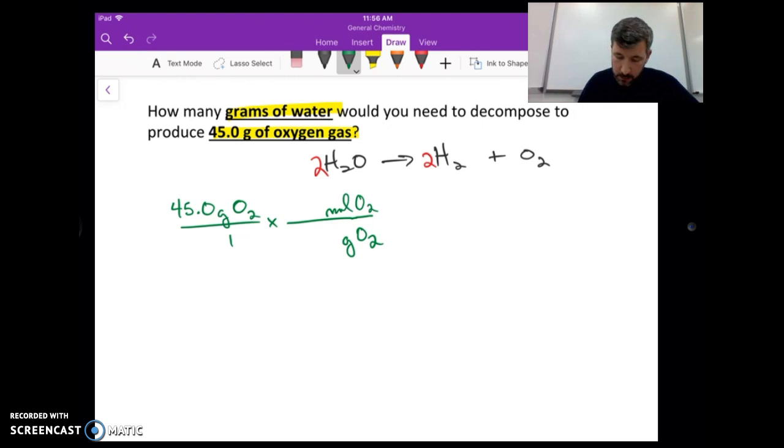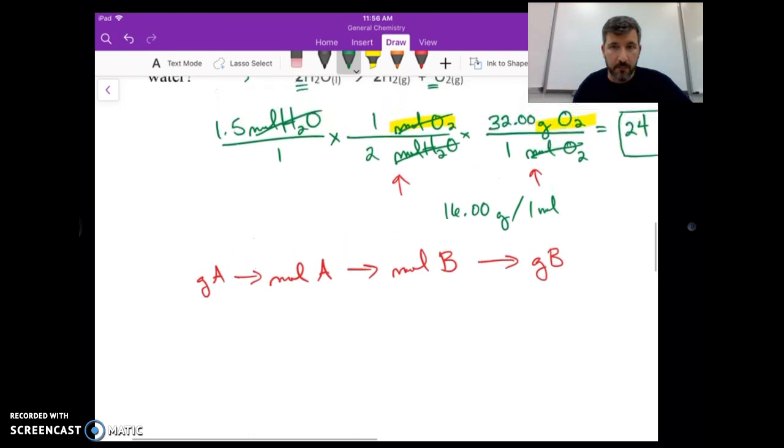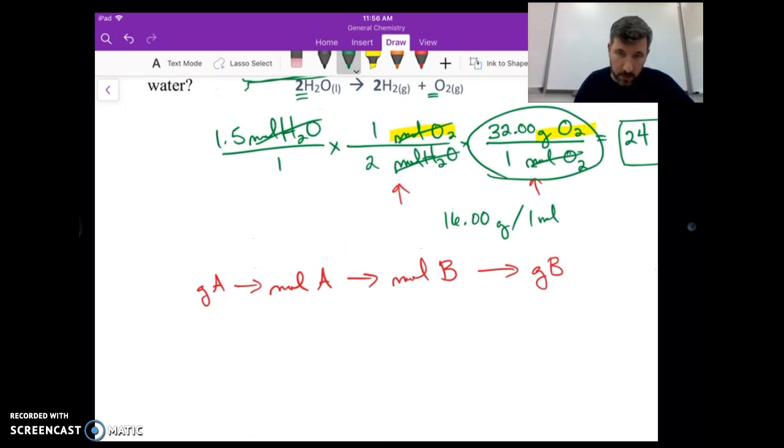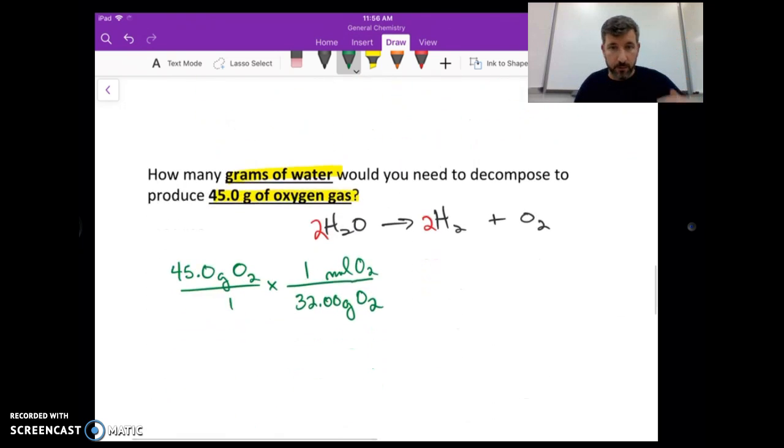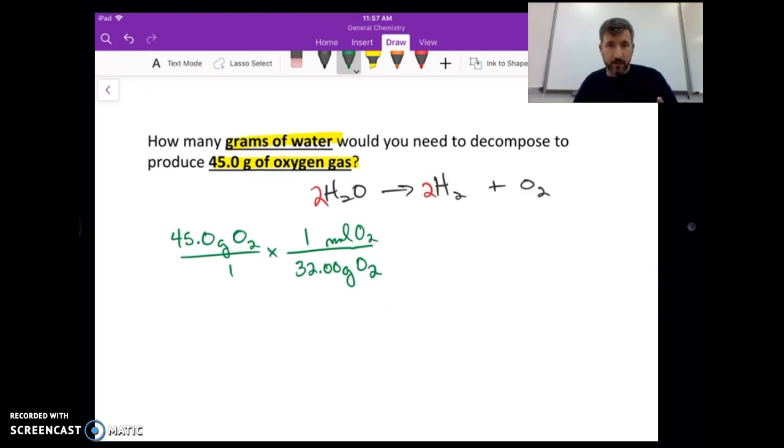Because if I go to the periodic table, I do know the relationship between grams and moles. And I just used it in the last problem. 1 mole of O2 to 32 grams of oxygen. We just used this one up above. The only difference is we had the 32 over 1 up above because it was grams over moles. Here we have moles over grams, so the 32 is on the bottom. The number from the periodic table has to go next to grams. So that gets rid of grams of O2, and then from moles of O2,